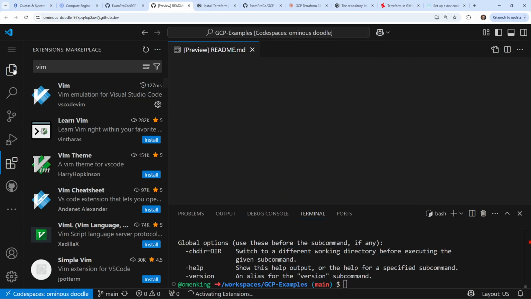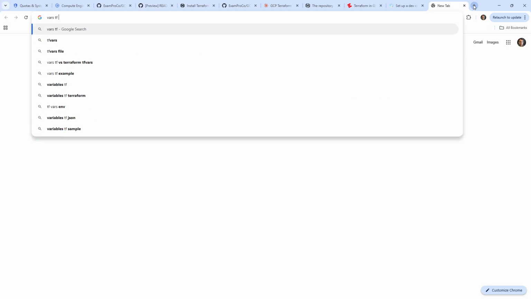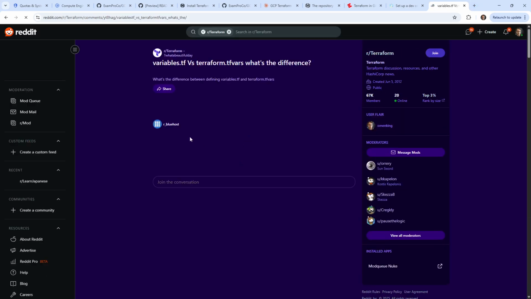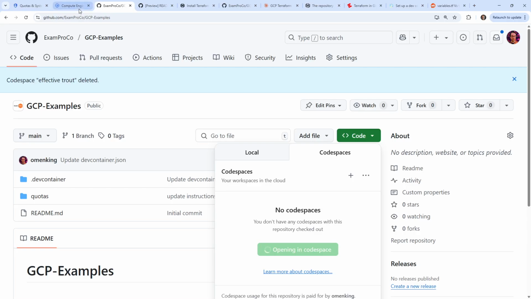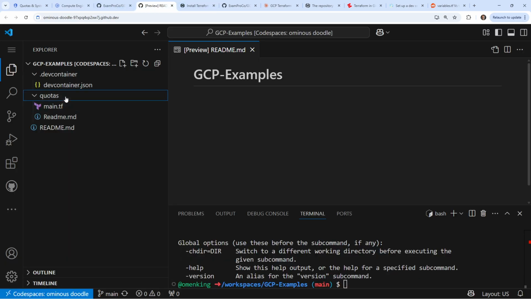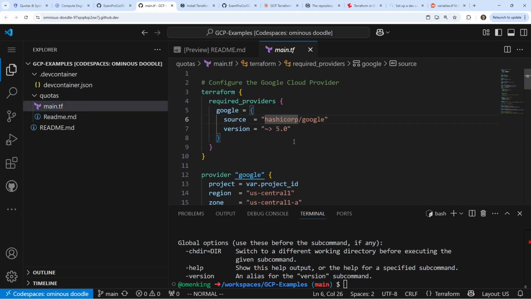And what I'm going to do here is I need a way of storing the variables. So it's been a while. I mean, it's vars.tf or something. Yeah, it is variables.tf. Well, no, there's variables.tf. tfvars is what I'm thinking. There, tfvars actually stores the values. So we will go back over to, whoa, where did we go? Allow. And so here we have